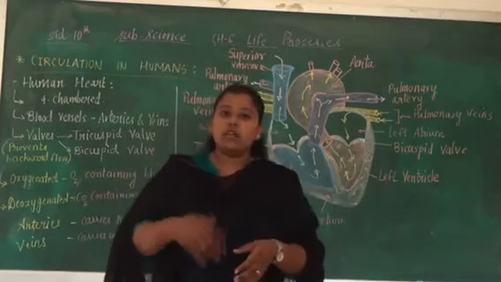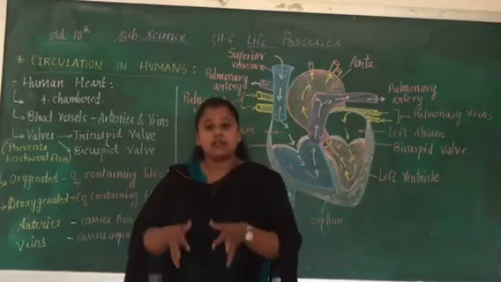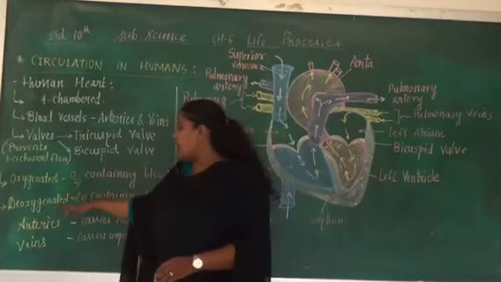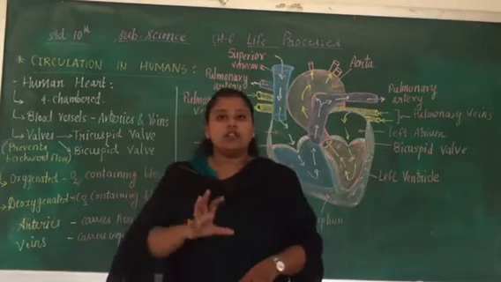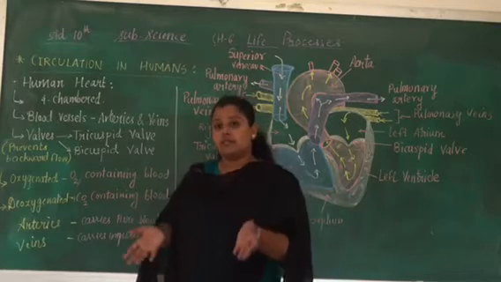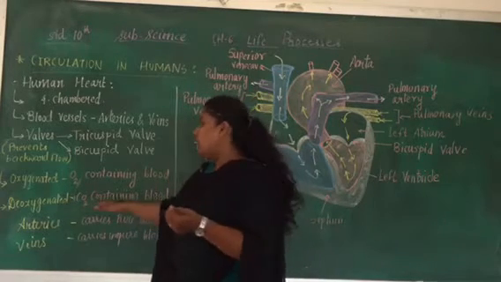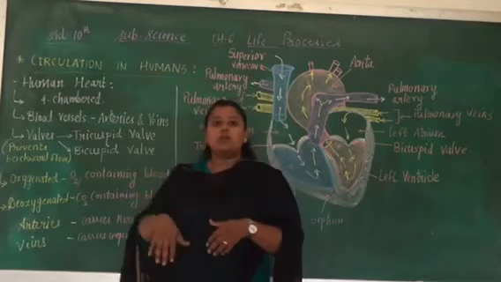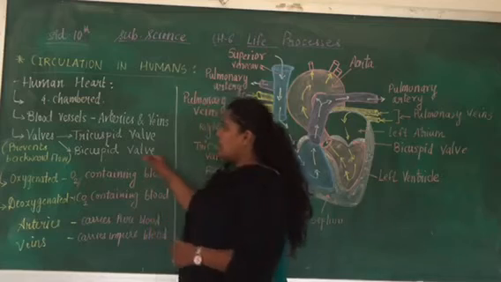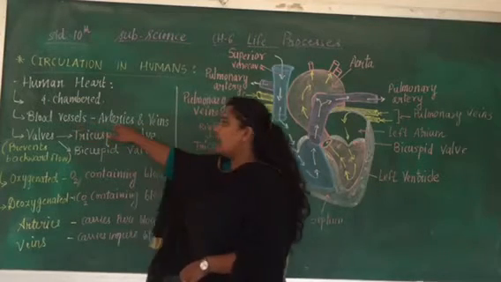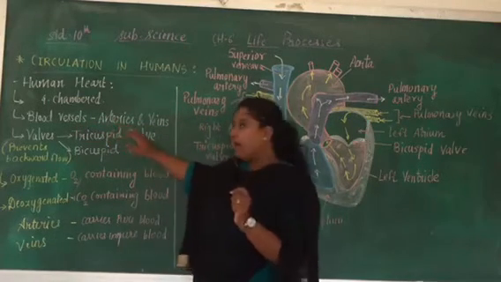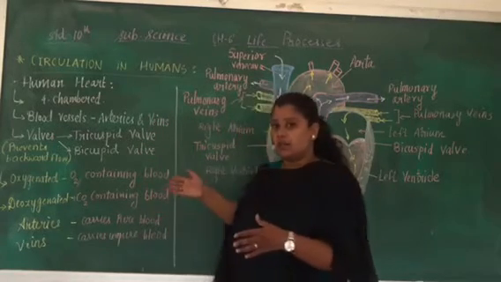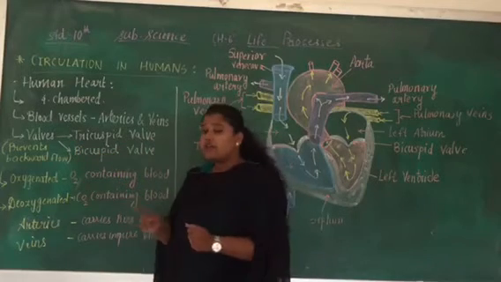Now oxygen is very important for each and every cell of your body, right? So when we are talking about oxygenated and deoxygenated blood, the oxygenated blood should reach all the body cells, and on the other side the deoxygenated blood from all the cells should be carried to the heart for the removal of the CO2. Now of these blood vessels, arteries always carry oxygenated blood, and veins always carry impure blood, that is deoxygenated blood.